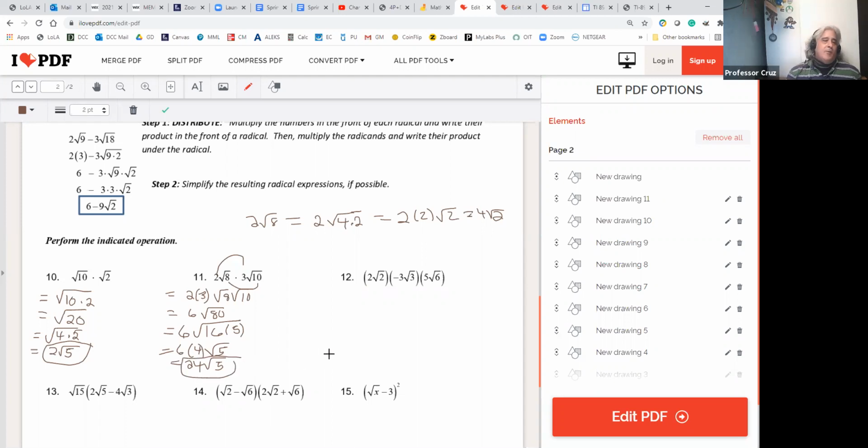All right, and then the same rules apply. If you're multiplying 2 times 3 times 5, generally you just multiply any two together and then multiply them times the third. So we're going to do the same thing here. We're going to have the 2